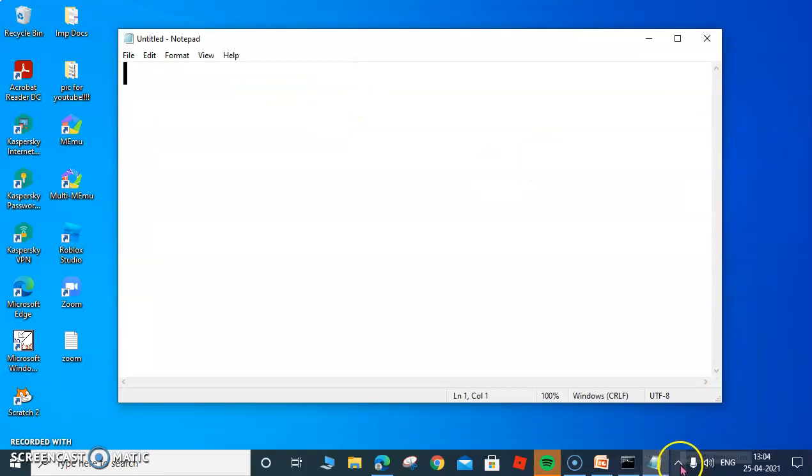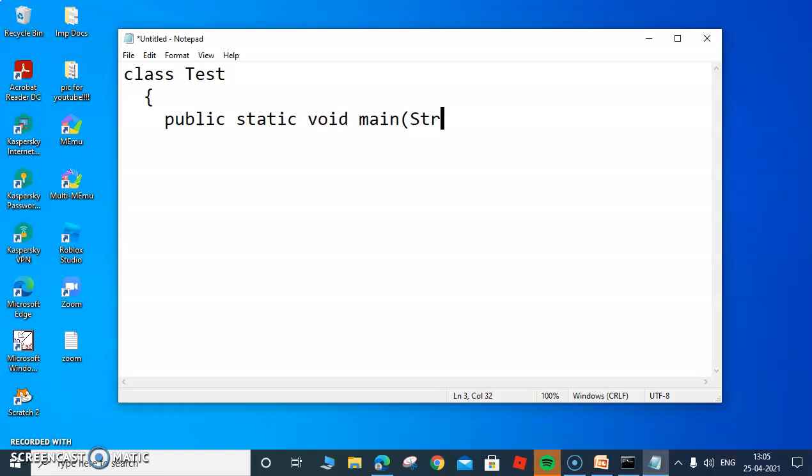Now we know how to type a program, like class test, and then inside this class test I have the main method, then square brackets open close.